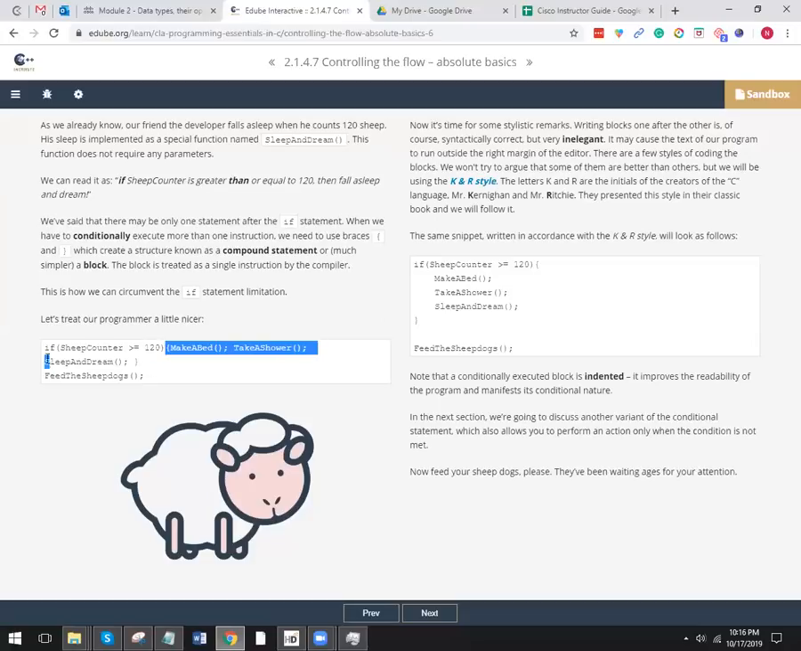After this conditional statement, then you will open this curly bracket. Okay, so make a bed, take a shower, sleep and dream. Then or else feed the sheepdogs. Okay. So now it's time for some